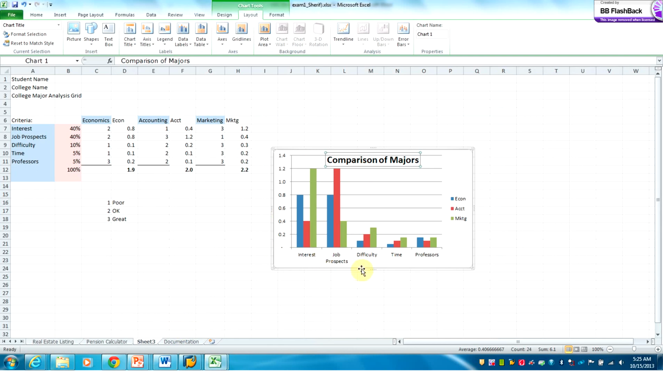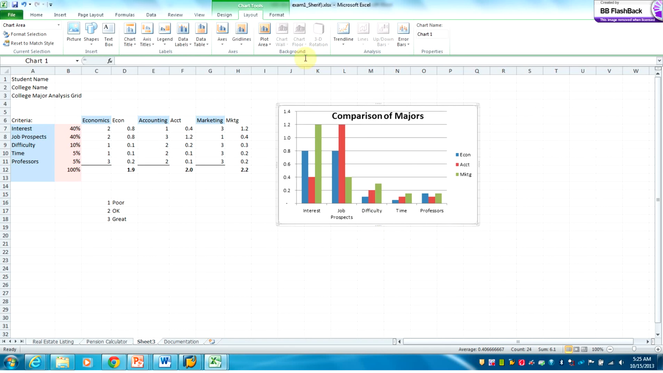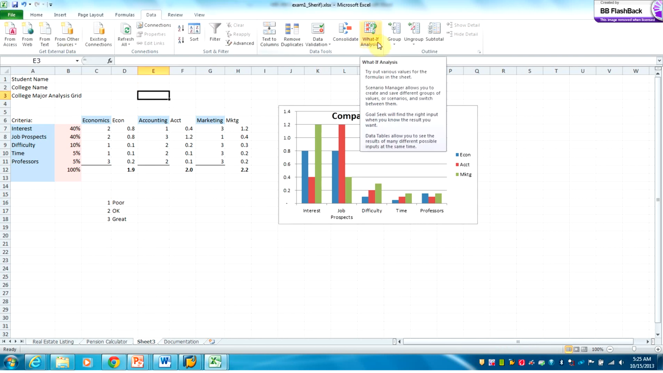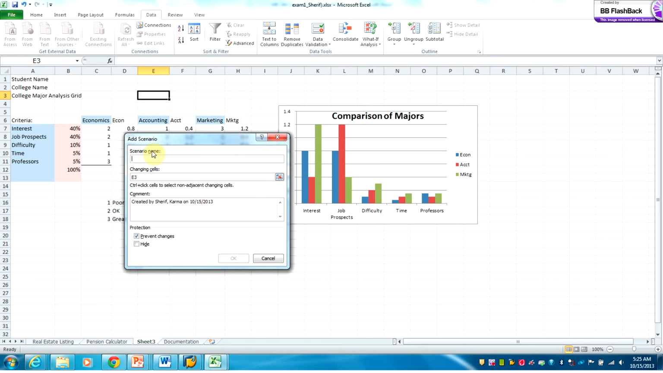So going here, I'm going to go under data. Let us first save the exam. And I choose what if analysis, scenario manager, and we want to add a scenario. The first scenario is interest and job prospect,